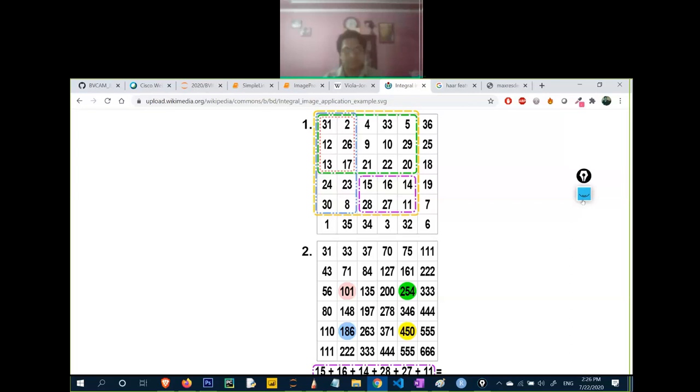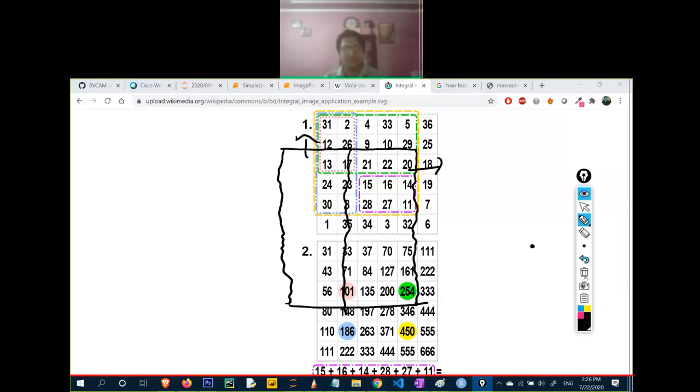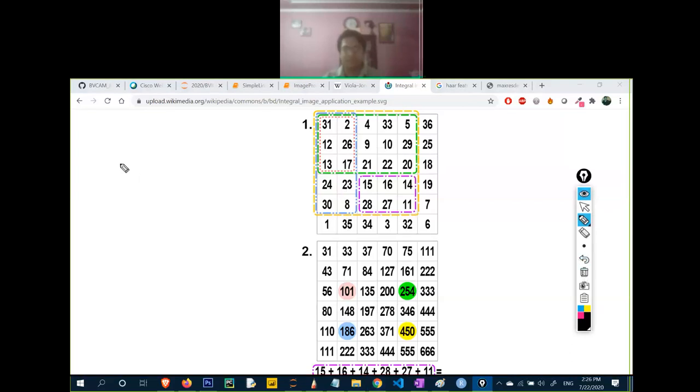Let me write them down here so that you will be able to relate the things. I am talking about this purple box for which we have to do a basic calculation.